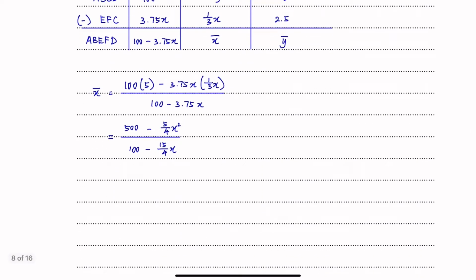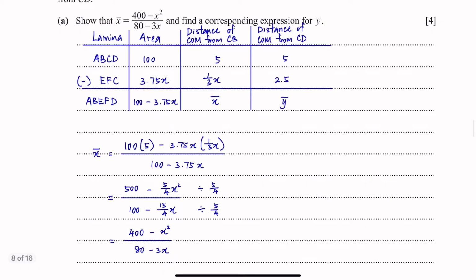And to further simplify it, we can divide this by 5 over 4, and now we have 400 minus x squared over 80 minus 3x. This would be our x bar, right? Exactly the same. So for our y bar,